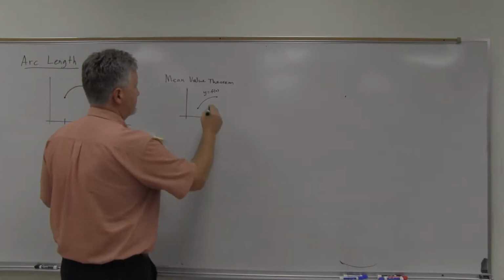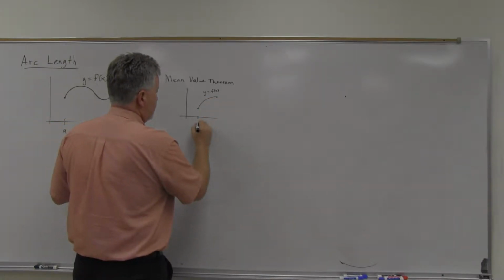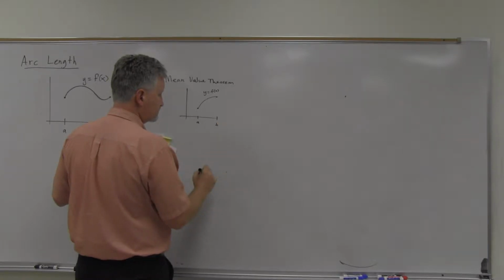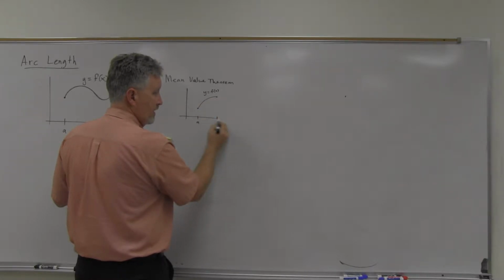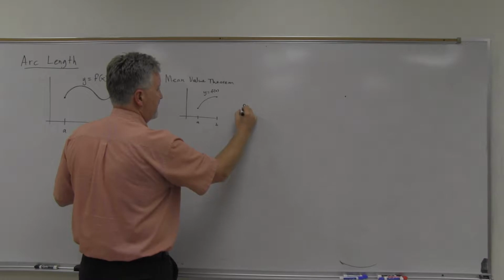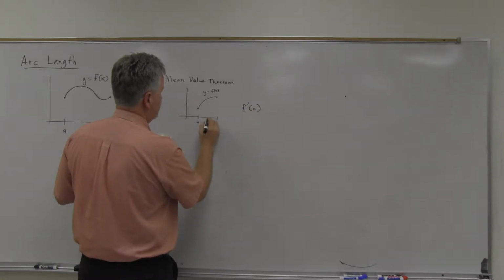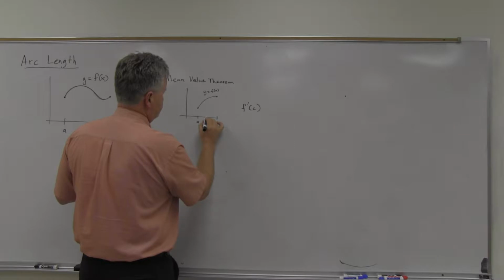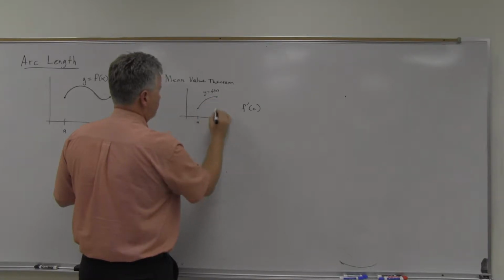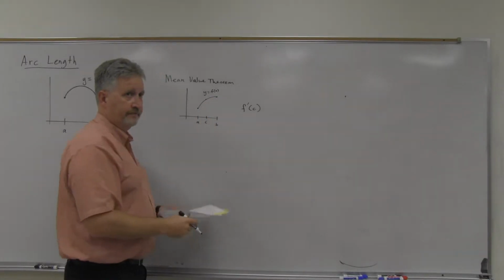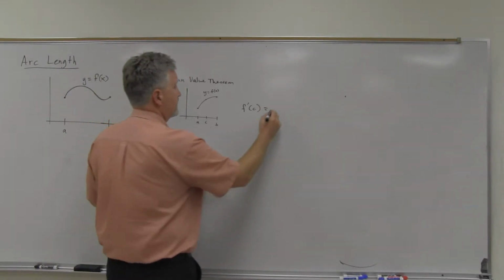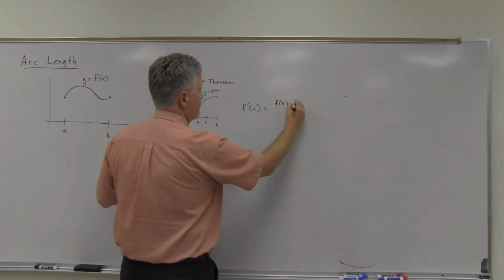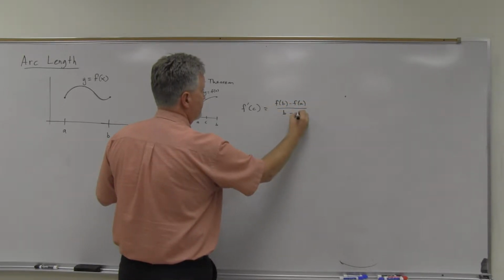Remember, on the mean value theorem, it says that from A to B, there is a C somewhere in that range, A to B, such that f prime of C, so C is somewhere in here, probably right there, equals f of B minus f of A over B minus A,